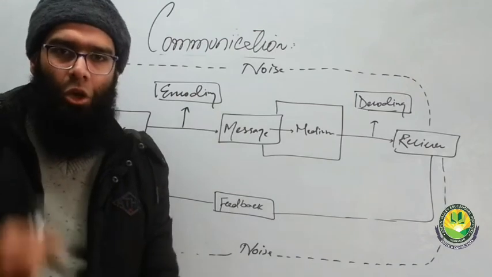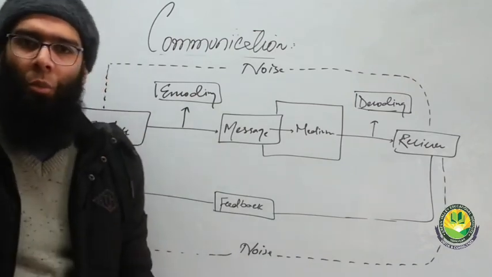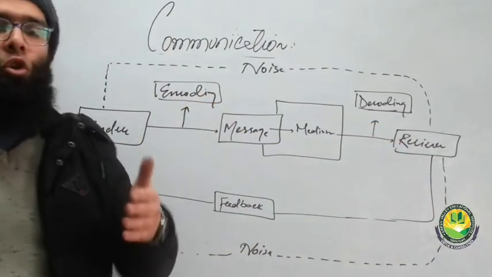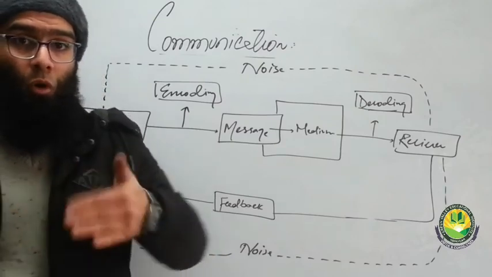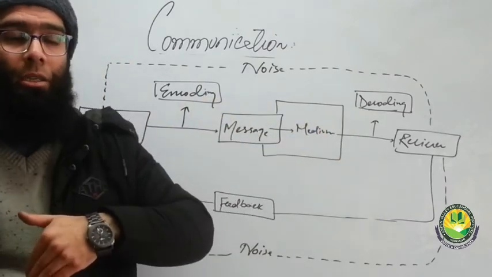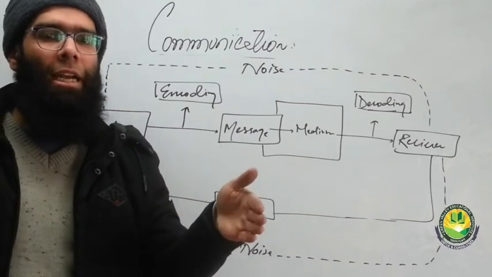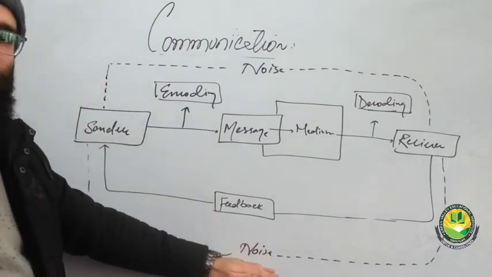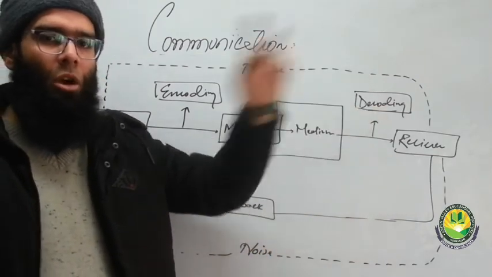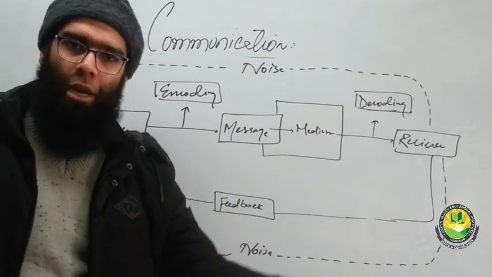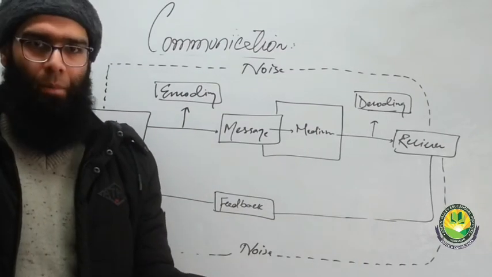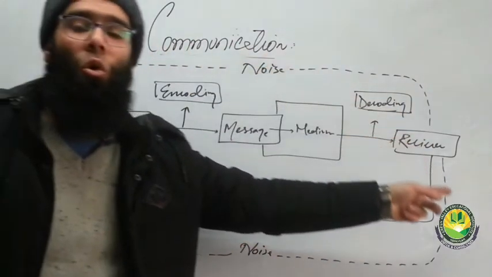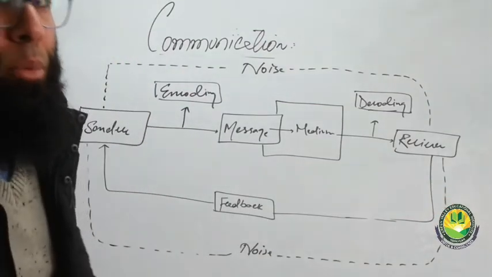You are giving time, you are giving the destination, you are telling him where to meet, and receiver decodes it. He understands what you mean by 12 p.m., what you mean by Lal Chowk, what you mean by center of the Lal Chowk, or at some shop. Imagine if it only reads, I will meet you up. It's a half message. It becomes noise. Your friend will not be able to decode it properly. He will not understand where you want to meet. There are plenty of places to meet up. At what time do you want to meet up? So feedback is very much important so as to complete this whole process. So this is what communication process is.